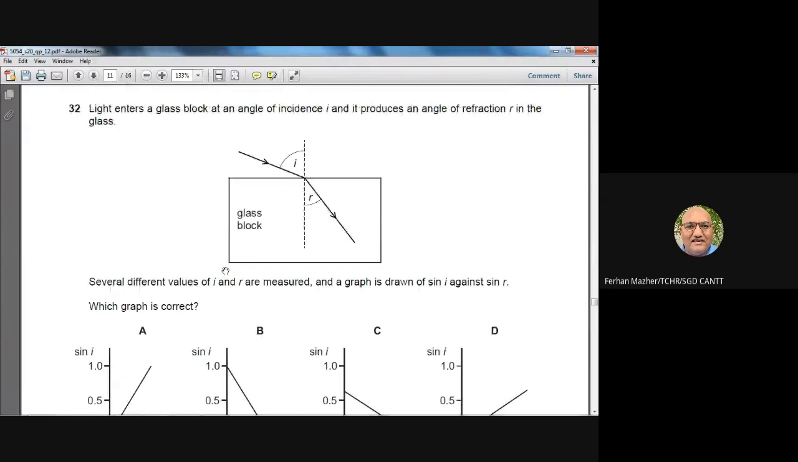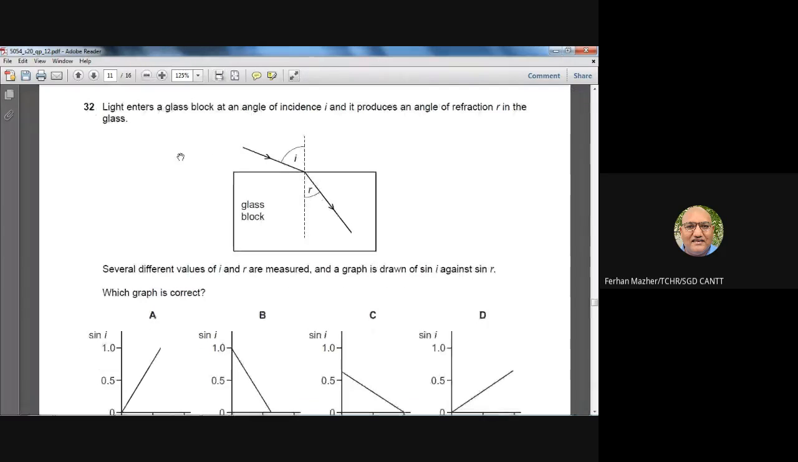Okay. Again, here we go. Light enters a glass block at an angle of incidence I, and it produces an angle of refraction R in the glass. So light is entering from air into the glass. Several different values of I and R are measured, and a graph is drawn, sine I against sine R. So here you see,